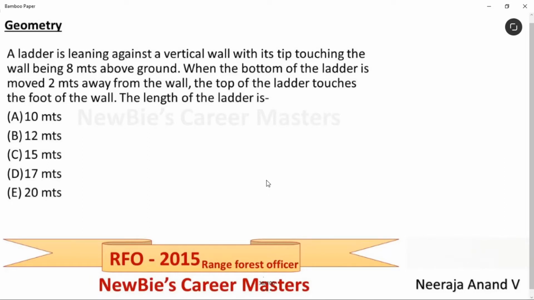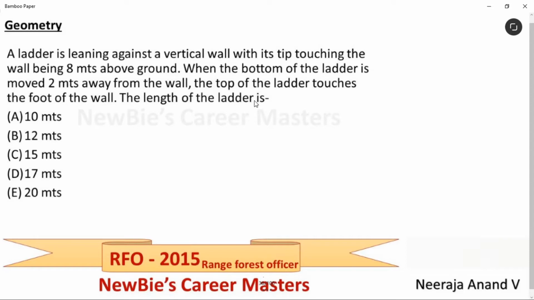In this video, we are continuing solving the questions of RFO 2015 question paper. The question is from geometry. A ladder is leaning against a vertical wall with its tip touching the wall being 8 meters above the ground. When the bottom of the ladder is moved 2 meters away from the wall, the top of the ladder touches the foot of the wall. The length of the ladder is...